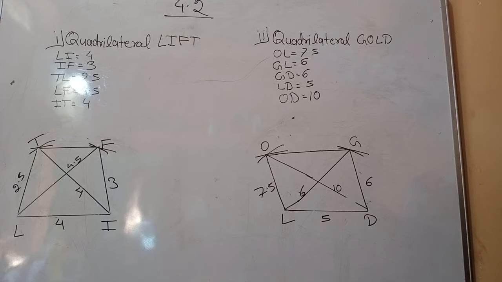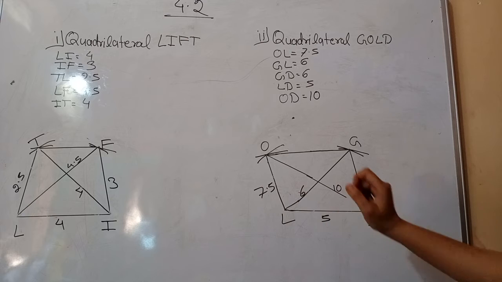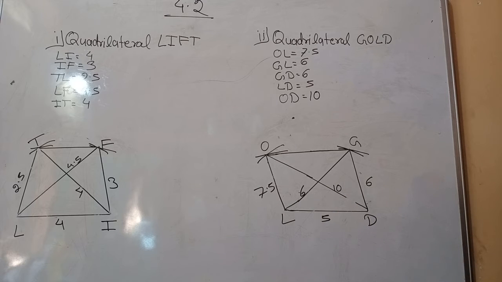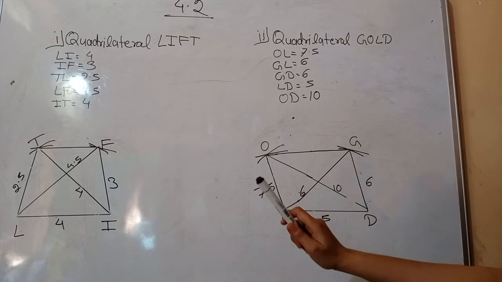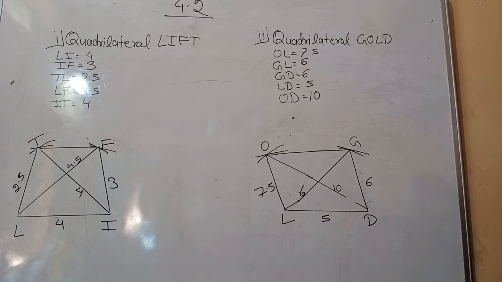I hope it is clear to you all how to construct quadrilaterals when 3 sides are given and 2 diagonals are given. If you don't know what a diagonal is, joining 2 vertices of the given figure gives diagonals. What are the corners? First corner, second corner, third corner and fourth corner. When we join 2 opposite corners, these are called diagonals.